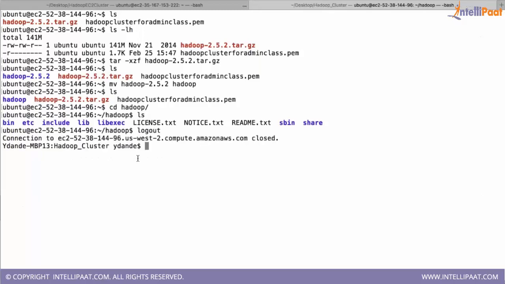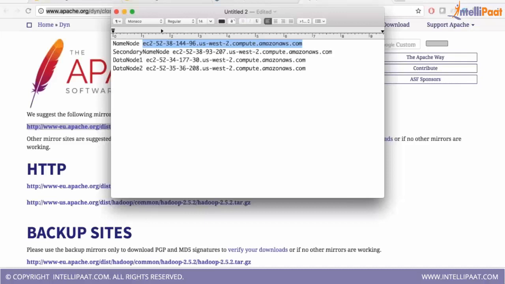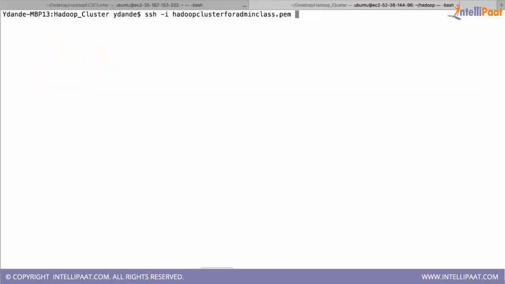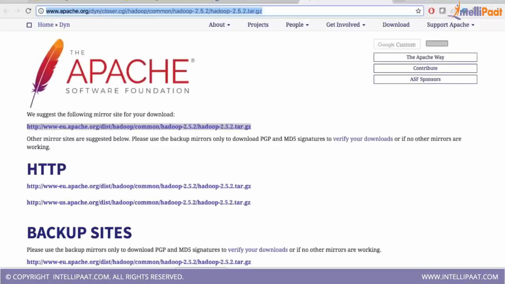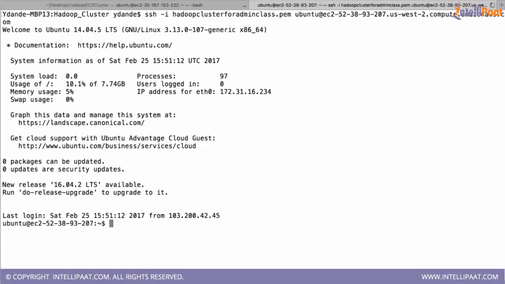Now I'll come out of this and I'll go to the secondary name node. So I am logging into the secondary name node. I'll download that file.